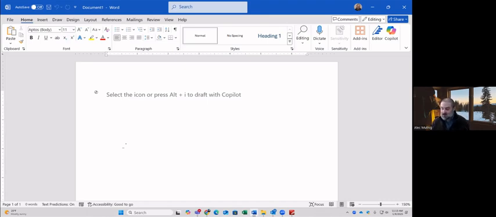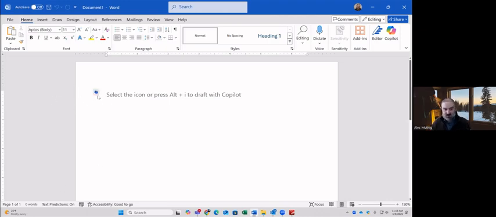So I use it in multiple ways in Word. Sometimes I will take a large piece of text and say, could you make this into something that's 3 sentences long? For example, I have workshops that I have to put onto a catalog. You saw my catalog a second ago. When I put a course up, I have a long description, but I need a 1 or 2 short sentence teaser to put with the tile. I don't write those anymore. I ask Copilot to look at the description and just give me a little teaser. And then I take that, and 90% of the time, it's perfect. So again, prompting is going to be key.